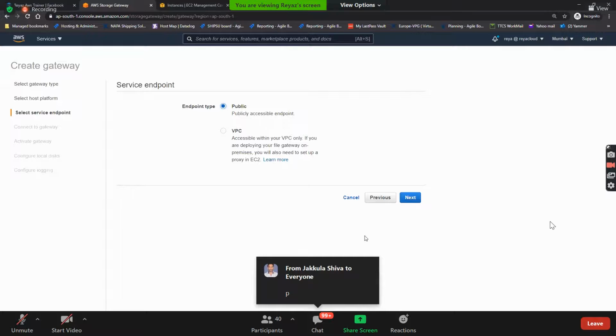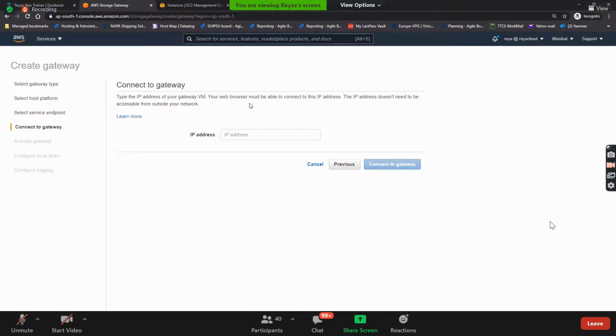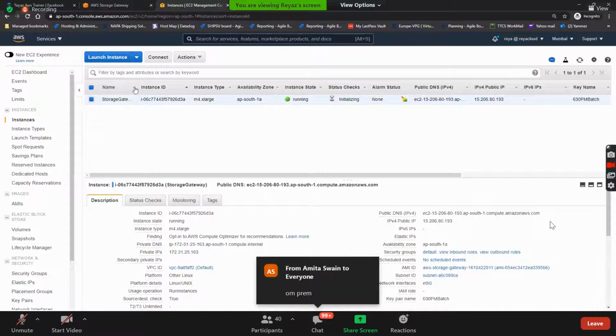Public, select public, click on next. And it is asking for the IP address, guys. Connect to the gateway. Which IP address is it asking for? The storage gateway which we have just launched.